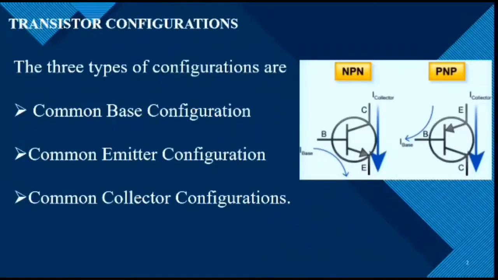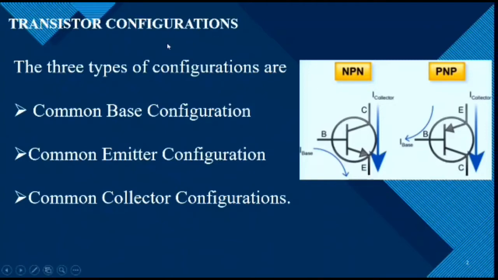Transistor configurations. We know that transistor consists of three terminals, namely collector, base and emitter, which are denoted by C, B and E. But in the applications of transistors, we require four terminals, that is two terminals for input and the remaining two terminals for output. To rectify this problem, we use one terminal for both input and output actions. Using this concept, we design the circuits which will offer the required characteristics, and these configurations are called transistor configurations.